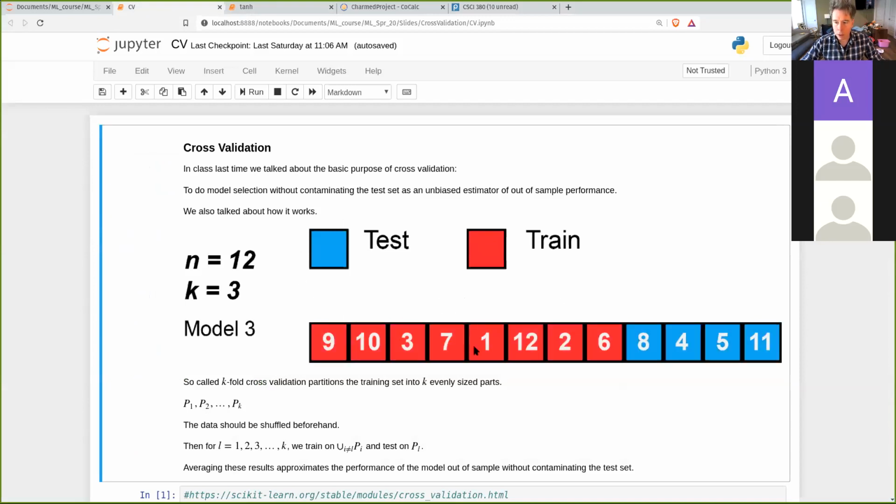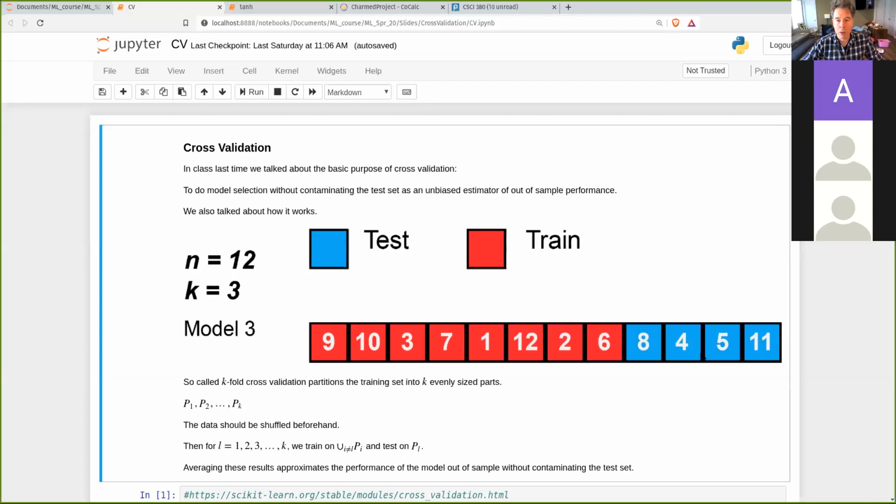So you take your data set and then you scramble it, and then you partition it into three different parts. And so the blue here is the test set. So you train on the red and then test on the blue 3 different times. So every point in the data set gets a chance to be a training point. Actually, it gets several chances to be a training point. And then every element of the training set also gets a chance to be a test point. So then you average the performance of these 3 different models, and that's the threefold cross-validation score of whatever hyperparameters